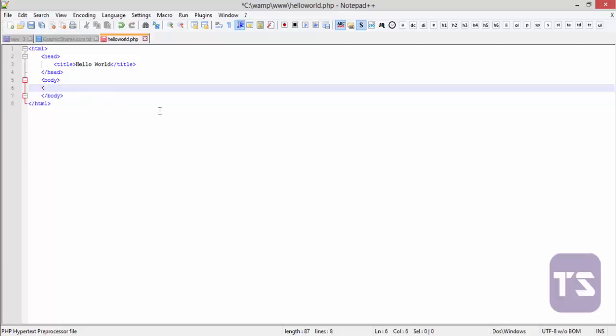Now I'm going to put my opening tag and closing tag. Okay, and now we're going to use a function called echo hello world, and a semicolon after that, and that's going to be the structure of our basic PHP statement. We're going to have what we want to do, which in this case is echo. The object of that is hello world, and the semicolon at the end is going to serve as an instruction